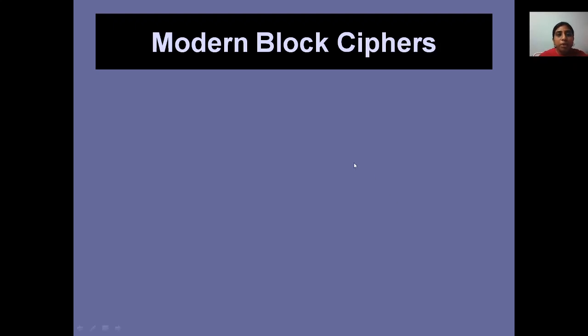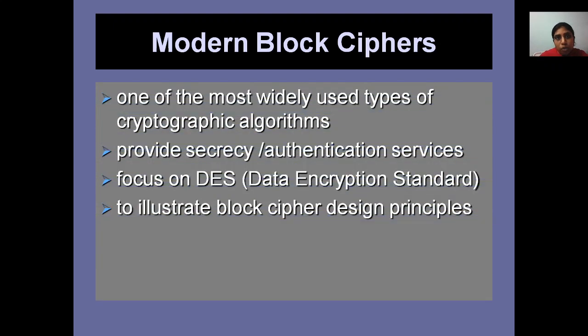Today we are going to discuss the topic modern block ciphers. Modern block ciphers are the most widely used type of cipher for cryptographic algorithms. They provide secrecy and also authentication services. One of the algorithms is the Data Encryption Standard, and you also have the AES algorithm, which applies the block